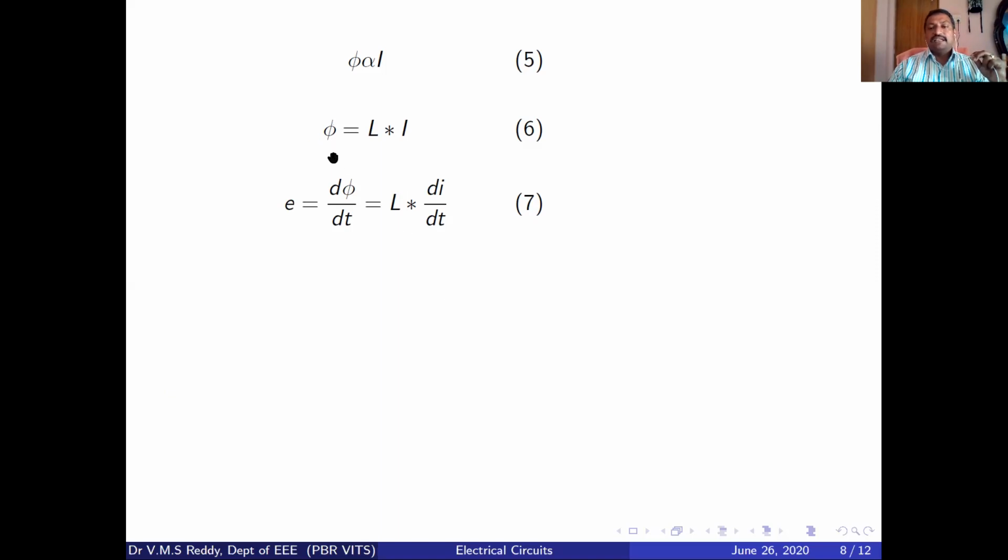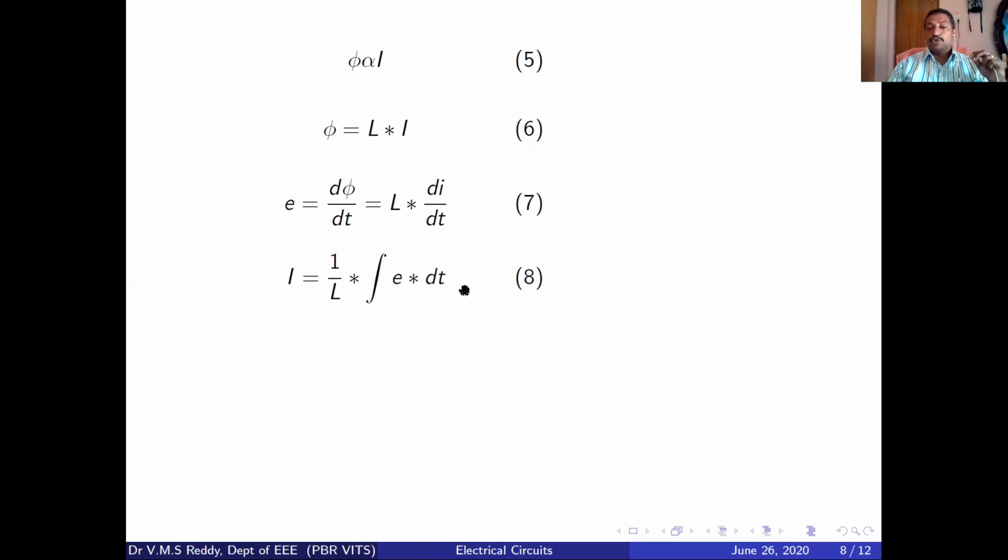Therefore, we know that phi equals L into I. We substitute that and get the equation E = L into di by dt. Next, we want to calculate the current I. Very simple: we move E into dt, so 1 by L and di. We remove the differentiation and apply the integration. Finally, we get the equation: current I is equal to 1 by L integral of E dt.